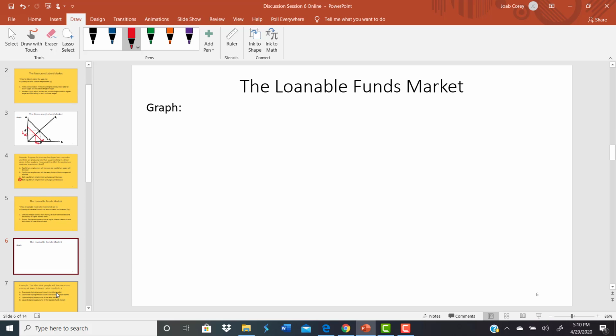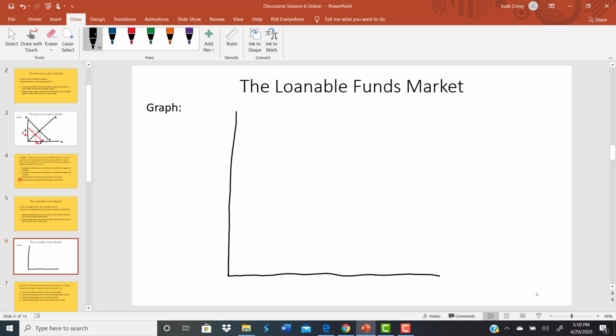So again, we're going to our loanable funds market. It's going to have a similar vertical and horizontal axis. It still measures price and quantity, only now we're talking about the price and quantity of loanable funds. Again, the price of loanable funds is the real interest rate, which we abbreviate with that R, and the quantity is the amount saved and invested. And again, we have an upward sloping supply curve that represents those savings. That says that people will tend to save more at those higher interest rates and save less at lower interest rates. And then we have that downward sloping demand curve,